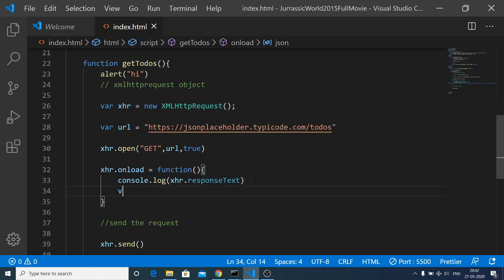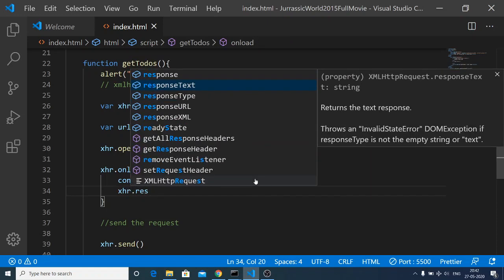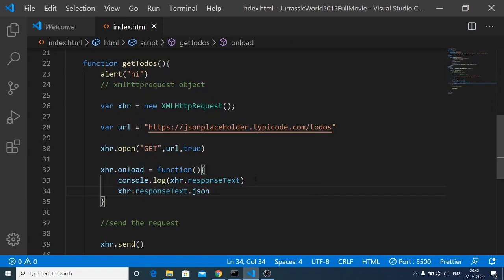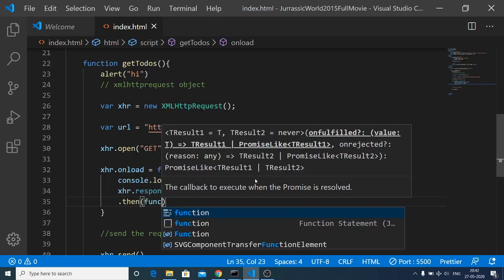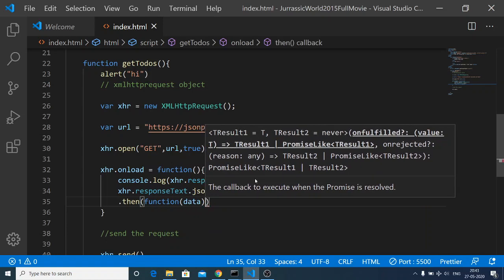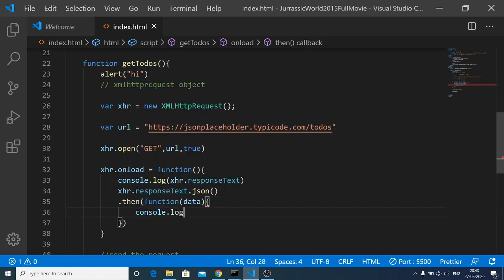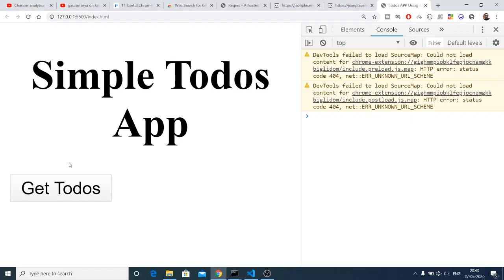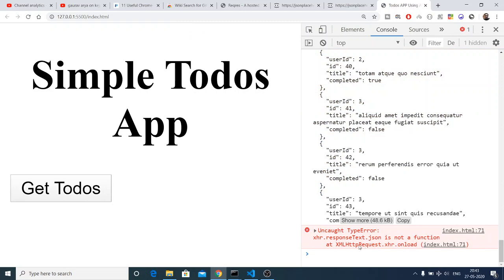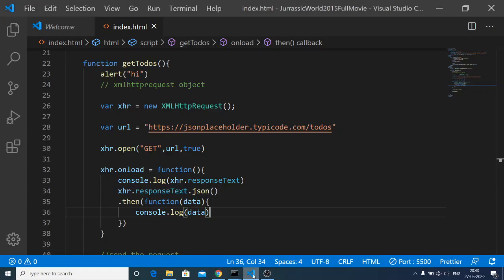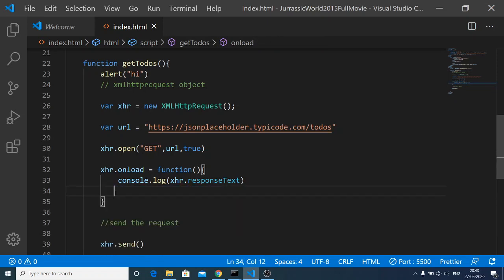So I think that this returns a promise, so we need to handle this by dot then. So now if I execute it once again, I think that we cannot convert it to JSON. So now we can just parse this xhr response text.